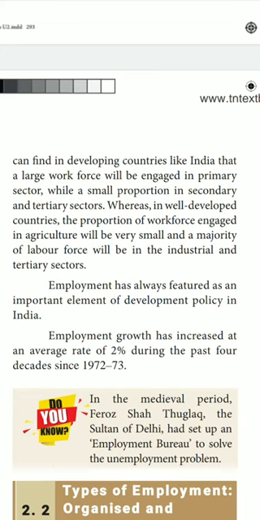So, the small working force will have to maintain a larger non-working force for feeding out the smaller national product. At the same time, next one is the employment structure in India. The economy is classified into 3 sectors, isn't it? Which are the 3 sectors? That is the primary sector, secondary sector and tertiary sector. What is another name for the primary sector? Primary sector is also called the agricultural sector, the secondary sector is also called the industrial sector, and the tertiary sector is also called the service sector.